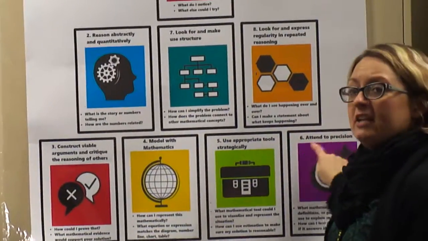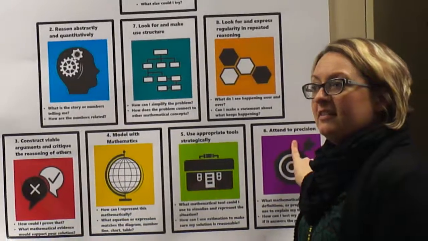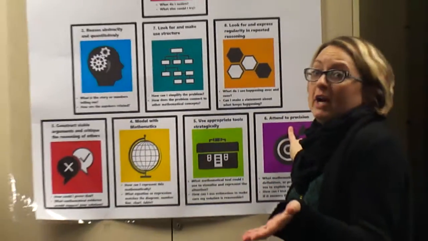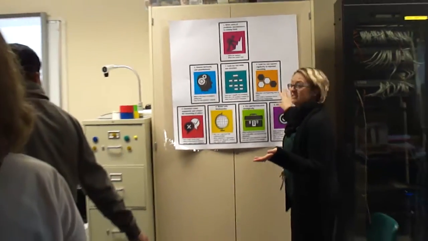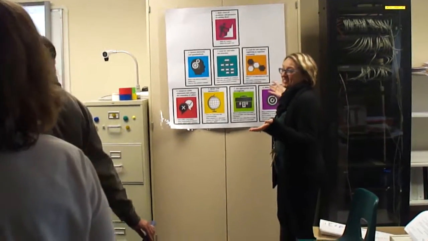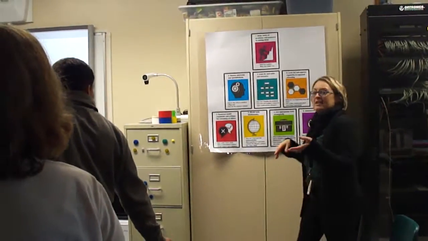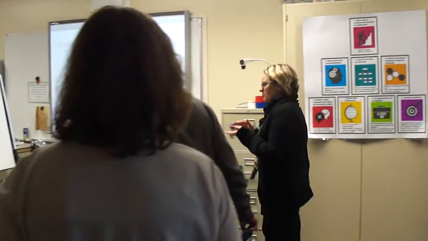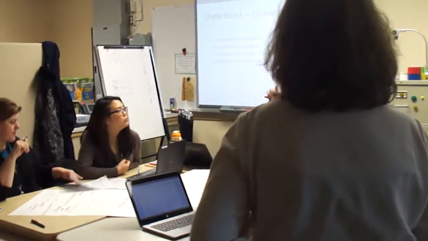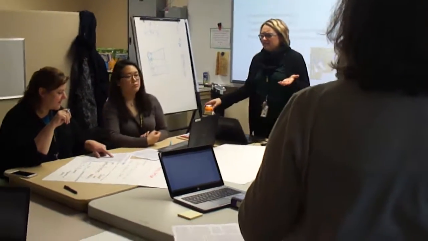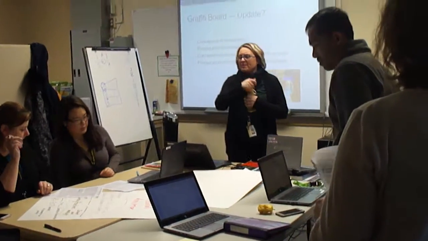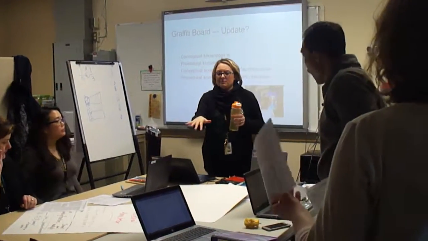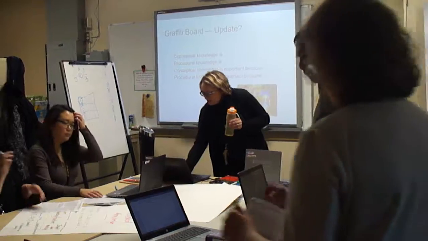Attend to precision may be more procedural, right? But out of all of these, how many focus really on procedure? Conceptual understanding is referred to how many times? Like 80 times? So 80 versus less than 40. Yep. Okay, we're going to keep these poster boards, we're going to come back to them. But this brings up